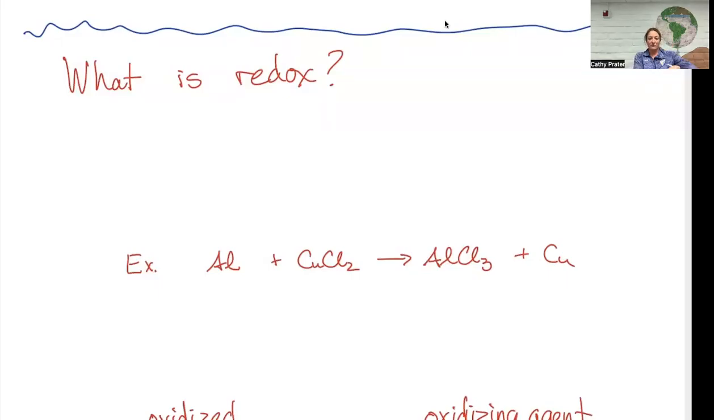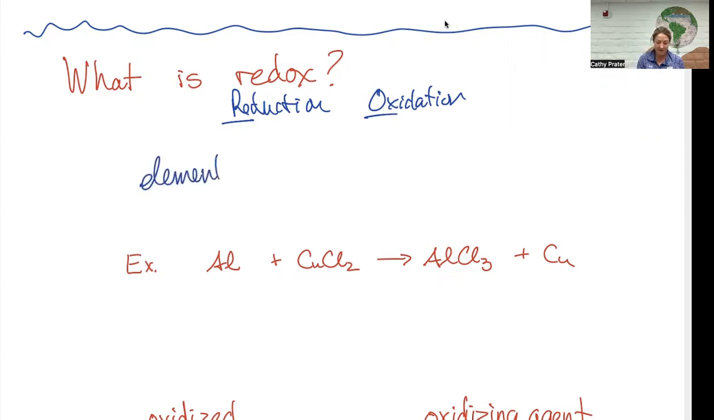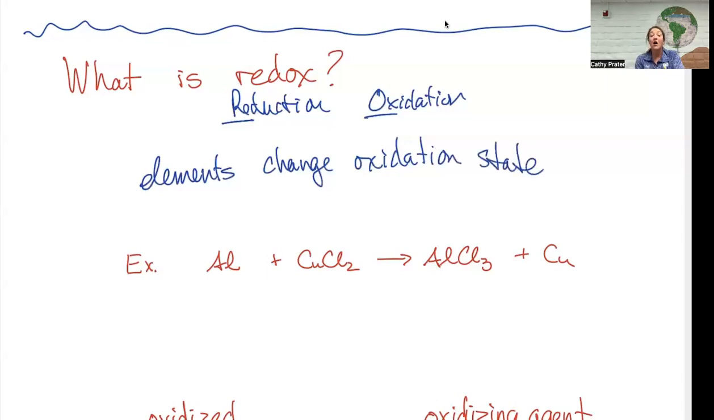Okay, so what is redox? Redox is a combination of two words. Those words are reduction and oxidation. So the two words have been put together to form the word redox. A redox reaction is one where elements change oxidation state. A lot of things that you've already known as different types of reactions also qualify as oxidation reduction